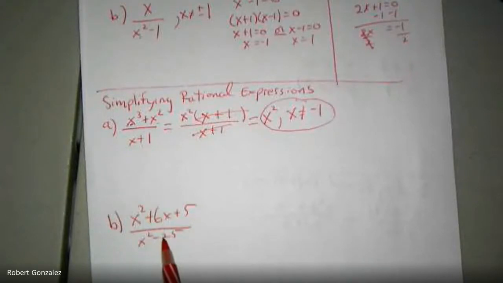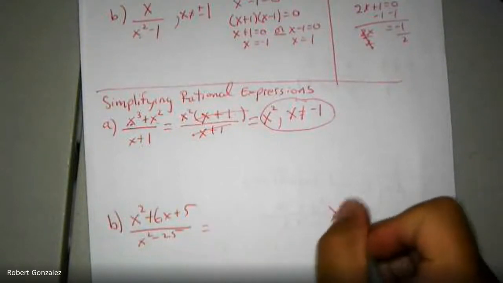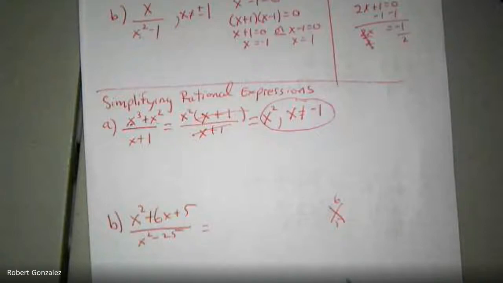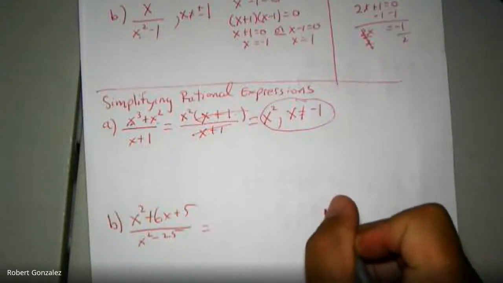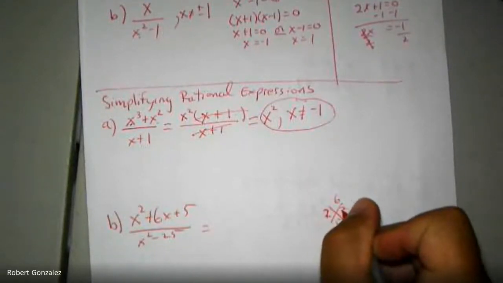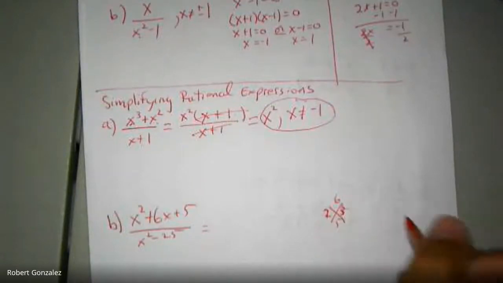The second one here is going to be like the second one earlier. First, let's factor the top and the bottom. For the top, you could do a diamond problem, the big X, and you're going to have 6 and 5. 1 and 5 don't multiply to 6. How about 2 and 3? 2 and 3 multiply to 6 and add to,